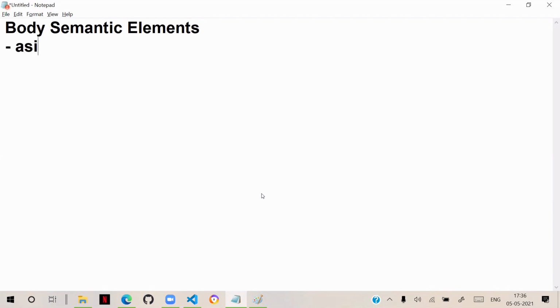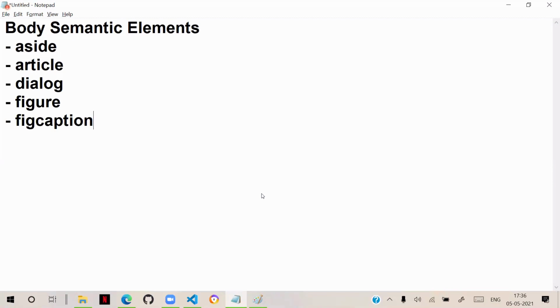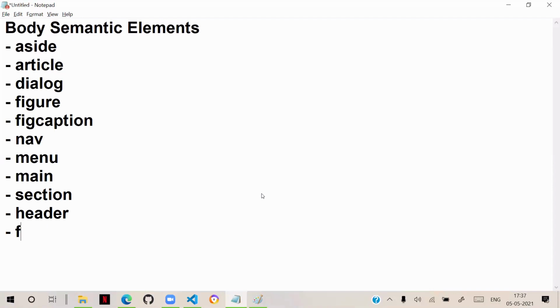We have aside, article, dialog, figure, figcaption, nav, menu, main, section, header, footer. We also have div and span. All these are the semantic elements.